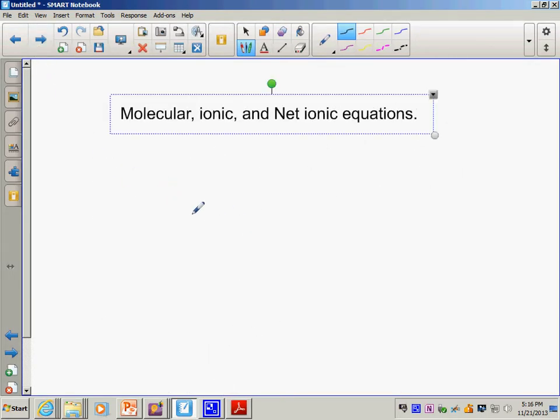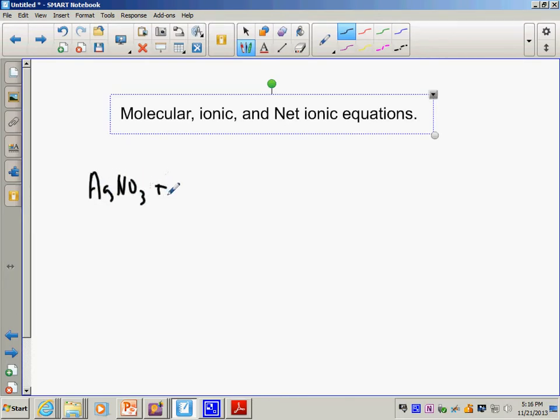And of course, these particular reactions take a little practice, and you'll have to try some of them and have some success, have some failures, but try them until you figure them out real well. All right, so I'm going to again talk about 3 things: molecular, ionic, or net ionic equations. I'll stick with the one I started with,